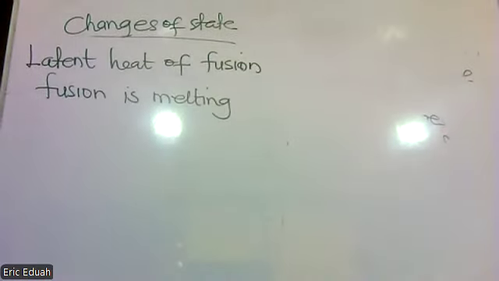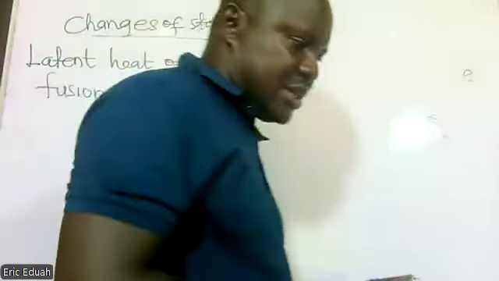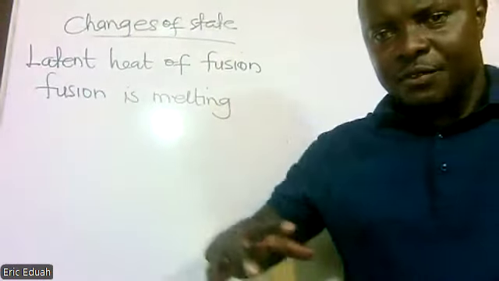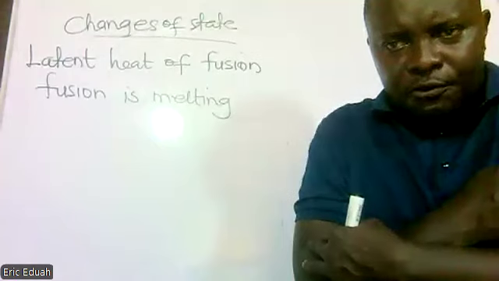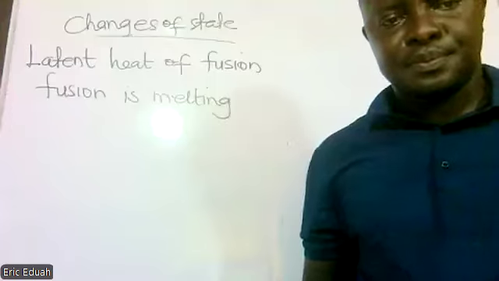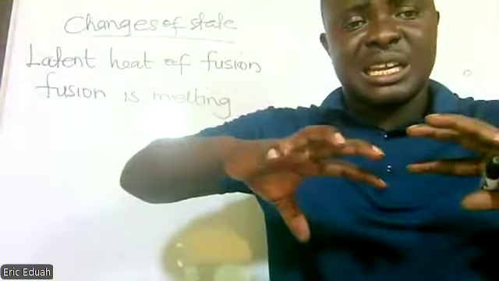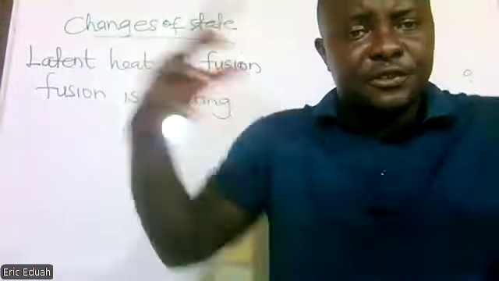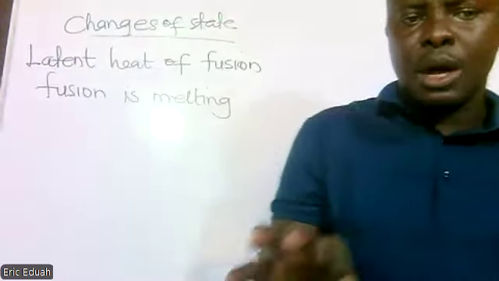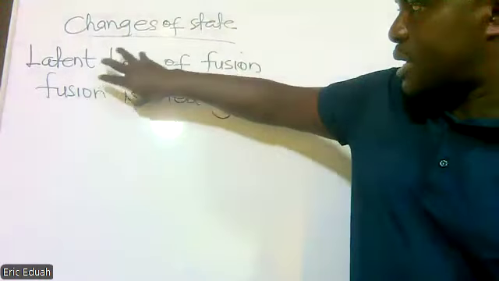Melting is a process whereby solids change state to liquid after absorption of heat energy. Now, substances can absorb heat energy differently to change states. So when we talk about latent heat of fusion,